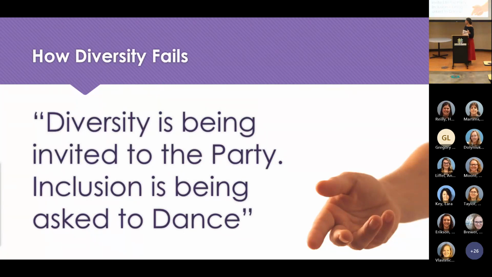So I like this quote, Heather, you stated it earlier in the lecture series. That was the first time I heard it, and I love it. Diversity is being invited to the party. Inclusion is being asked to dance. So I think that, fortunately, in the last decade, more people, more institutions are really trying to be mindful of having more diversity. However, I think that frequently we can fail by stopping short at just trying to have that diversity and not incorporating policies and mechanisms of critique and evaluation that are unique to those different skill sets.